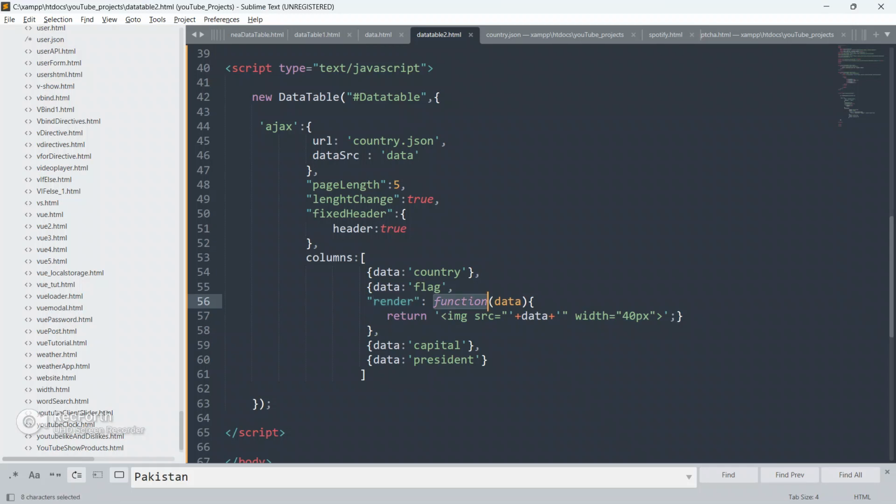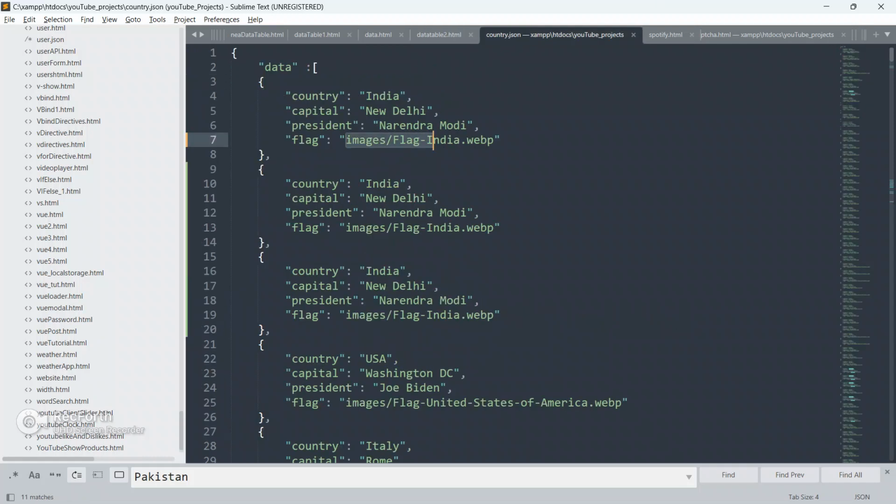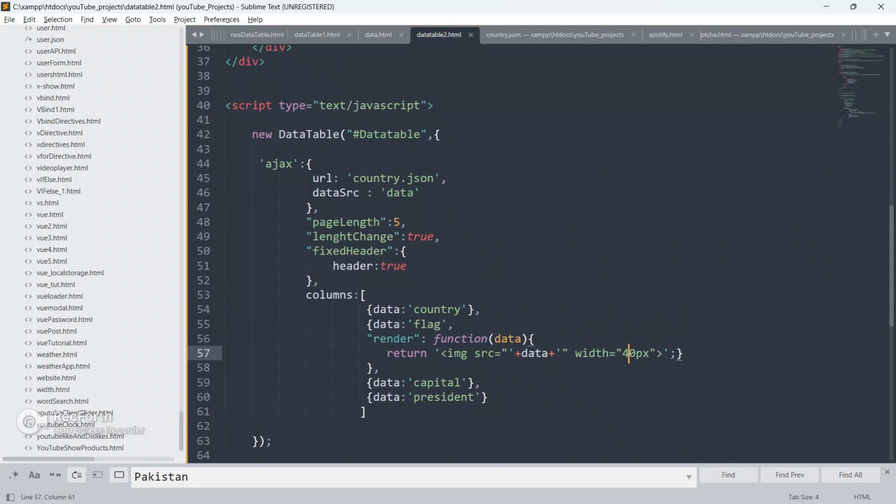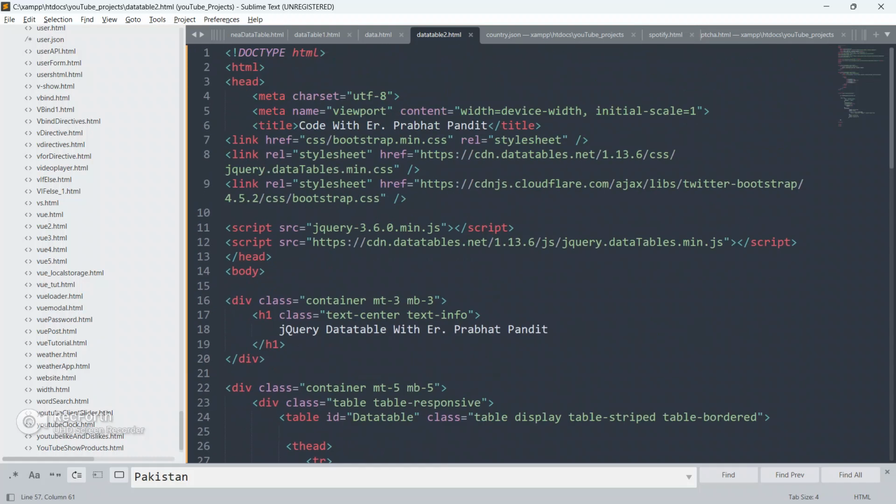Here you have to write a render function, and in the function we have to provide the data, because this flag is coming into this flag. I have given this data here, and src equal to plus data inside, and width I have given 40 px, and the rest I have already explained.